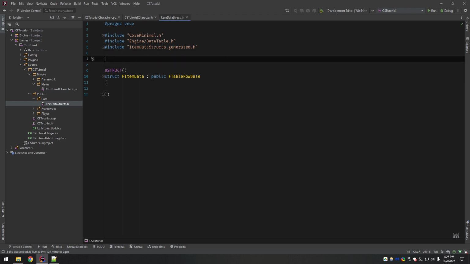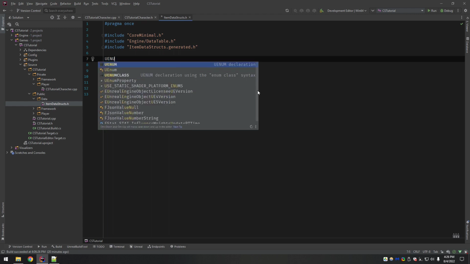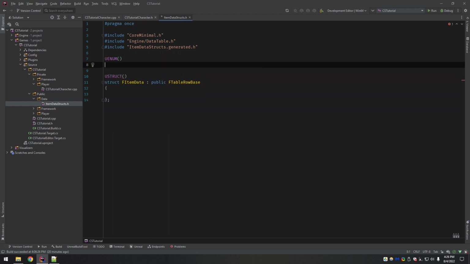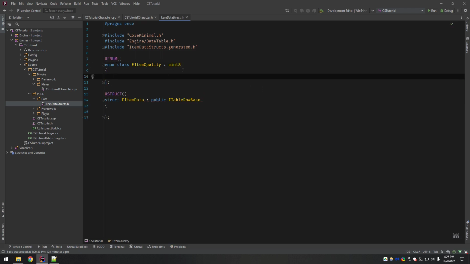The first thing is a couple of enums. So UENUM. We're going to make item quality. If you don't know what this is about, I believe by default in an enum, it's just a way to match a variable name up to an index essentially, right?